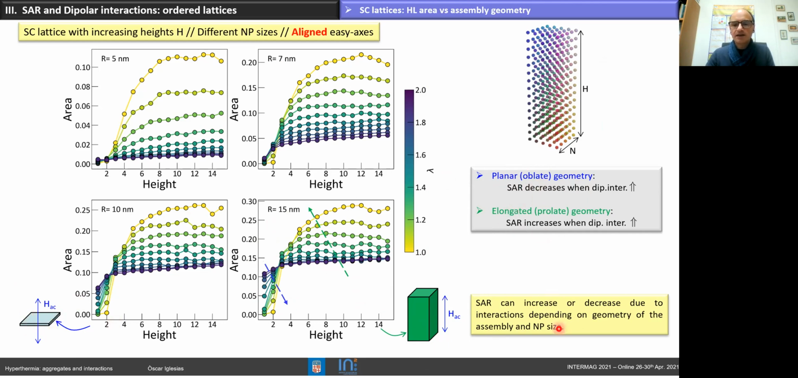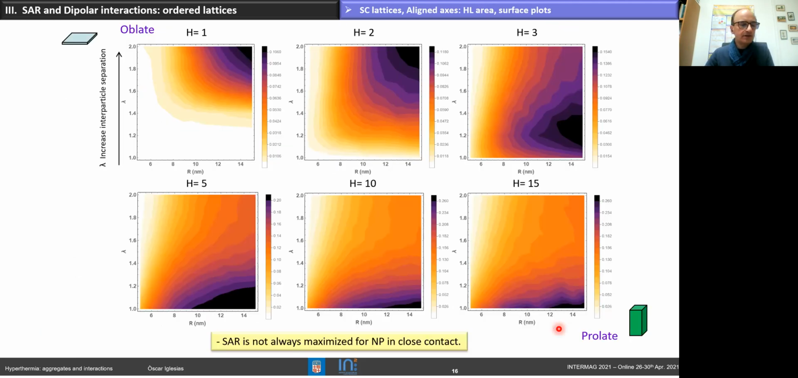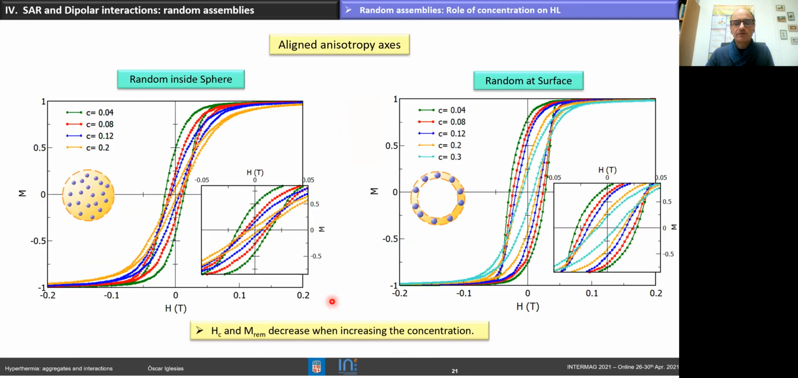So the SAR can increase or decrease due to the interactions, depending on how we distribute the particles in space, if they are placed in a regular lattice. Moreover, we can see that the SAR is not always maximized for close particles in contact. See, these black regions or darker regions are not always found at lambda equal 1, and the same happens for random